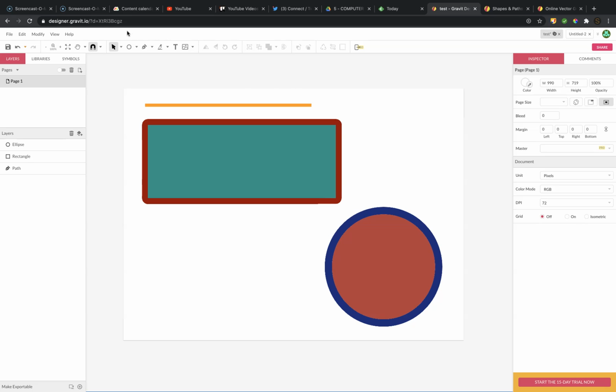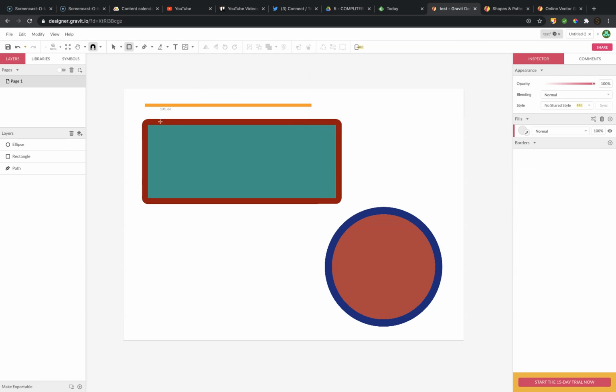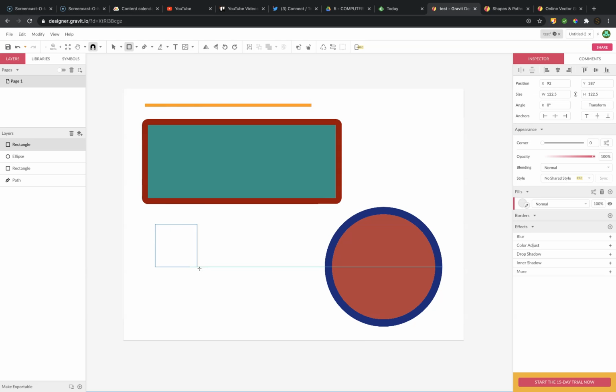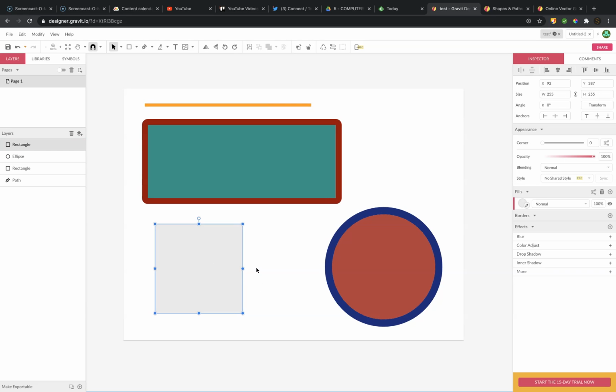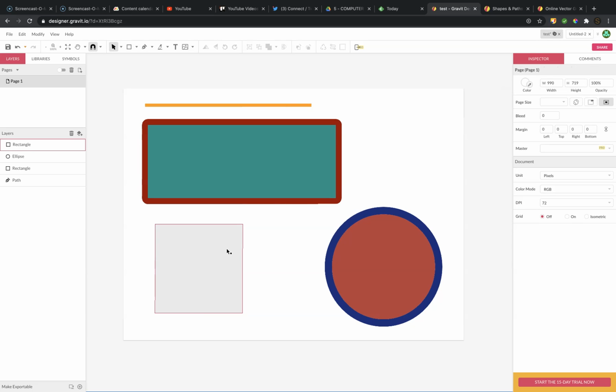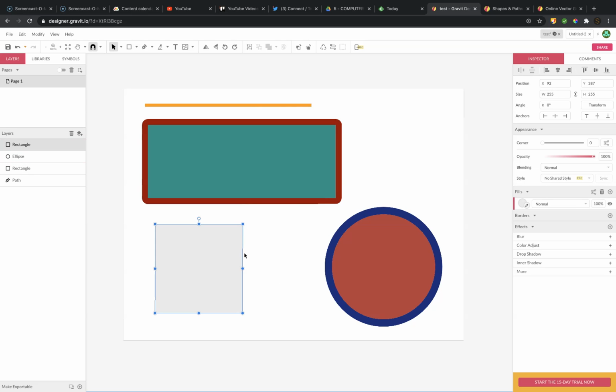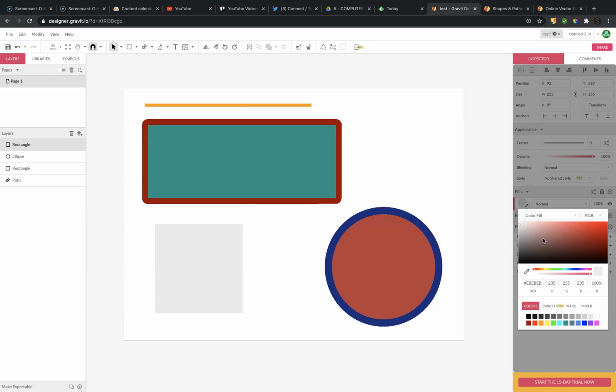Let's just finish with a square. To make a square, you're going to actually select a rectangle. And the moment you create your square, you have to hold the Shift button, and then you move your mouse and you release it. This is the way you can make your square. And of course, you can also make a rectangle and change the values for equal values of width and height. But the most practical way to do it is just holding the Shift button and creating your rectangle as a square. I'm going to change the color to blue,